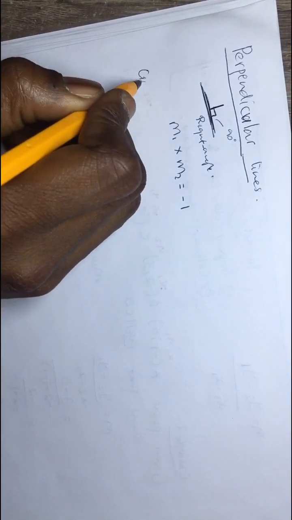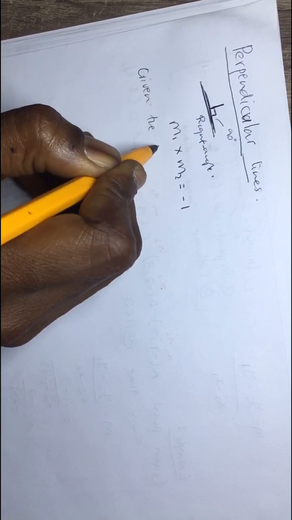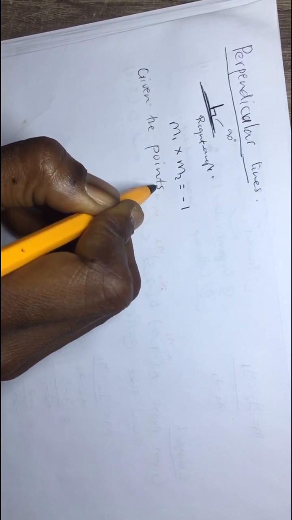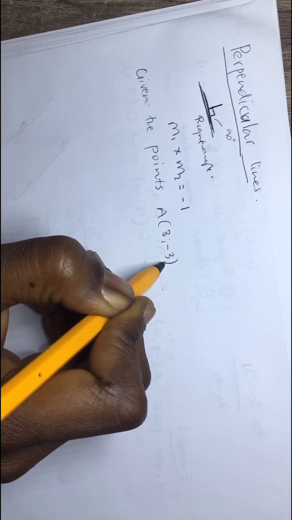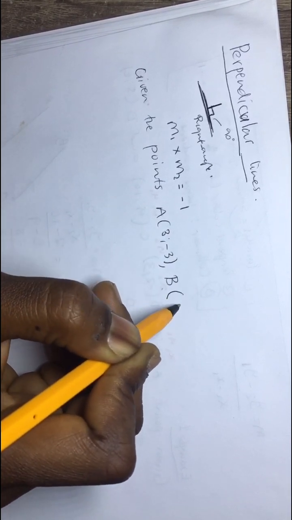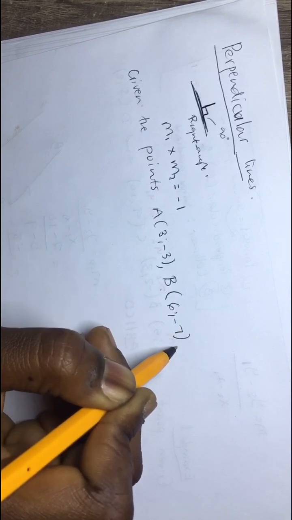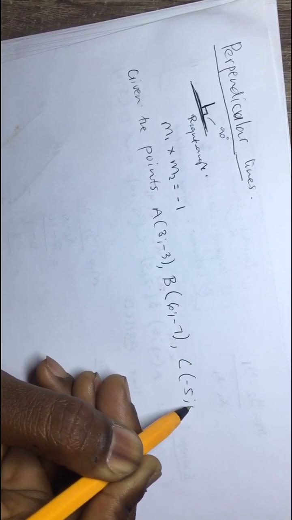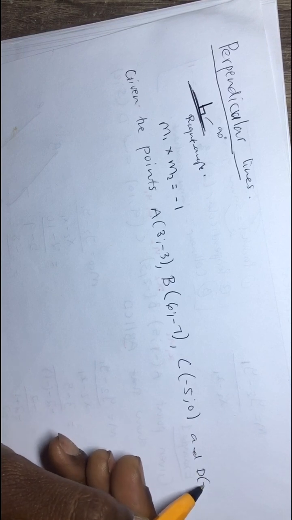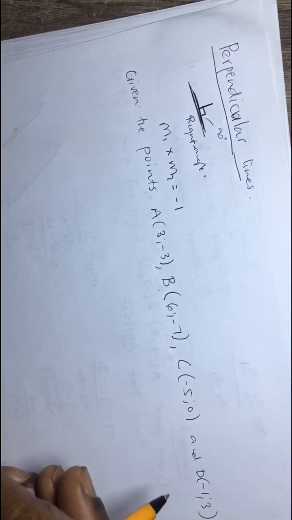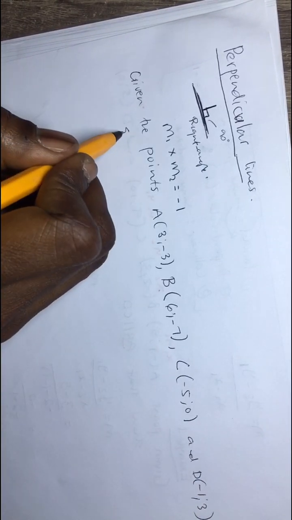Given the points A (3, -3), B (6, -7), C (-5, 0), and D (-1, 3), they say show that